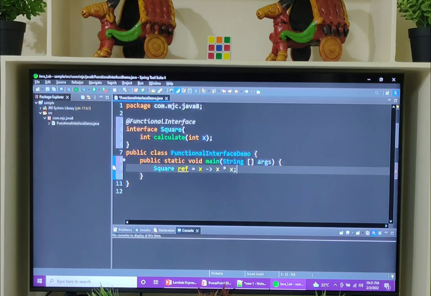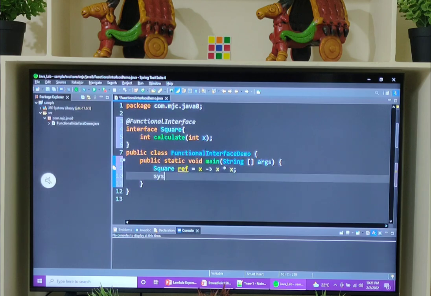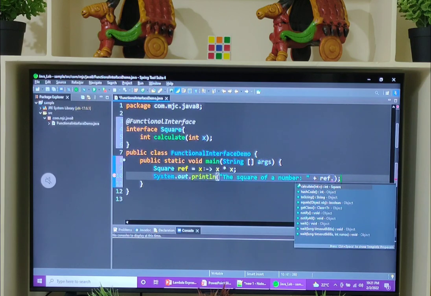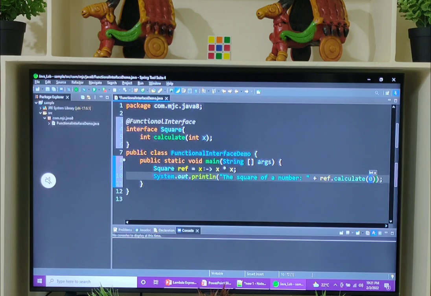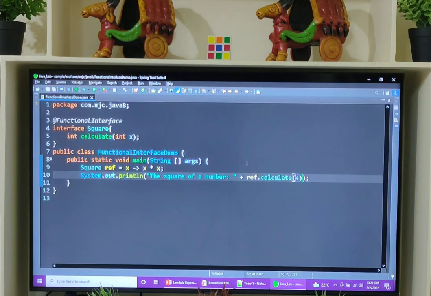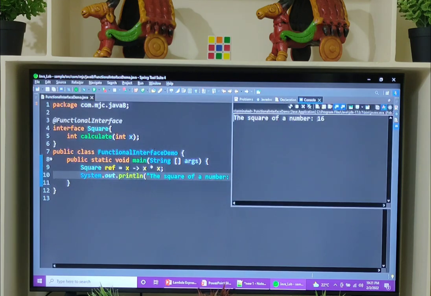That's it. And you have to call wherever you need. Sysout, the square of a number is equal to, call that method by using the reference variable of the functional interface, calculate(4). Let's execute that. The square of 4 is 16.